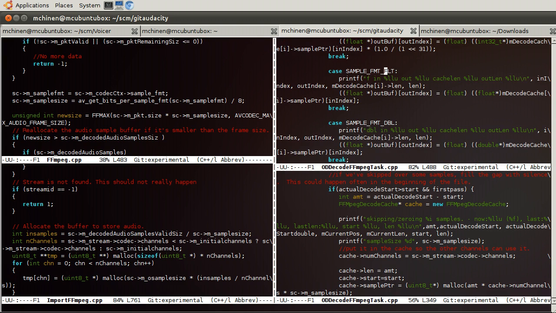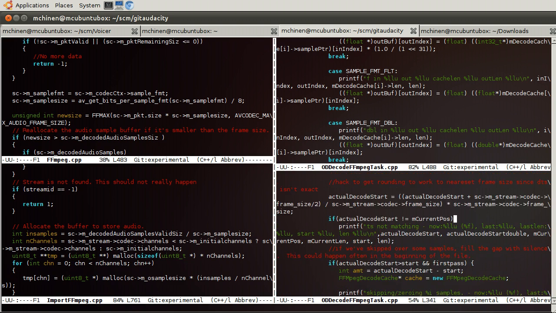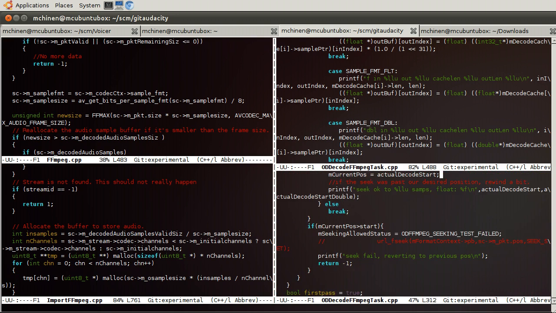So that means somehow at this point we have to know what the correct format should be. Here's something we might be able to do.